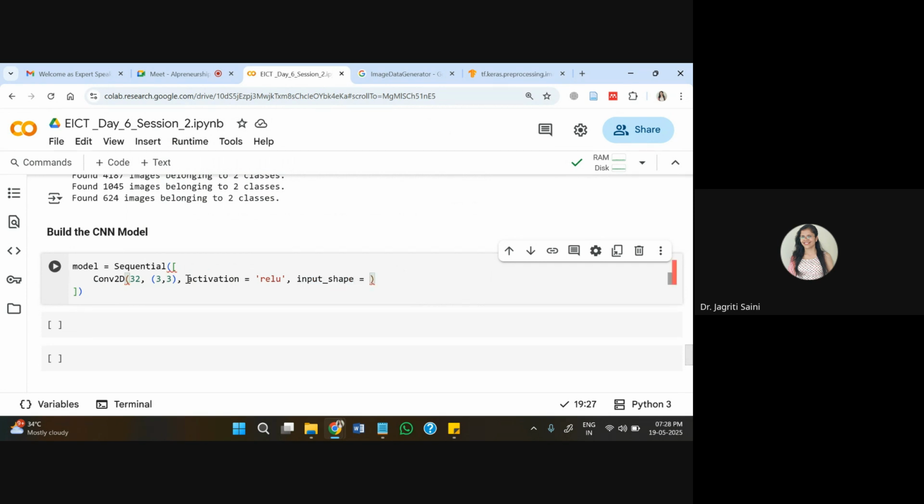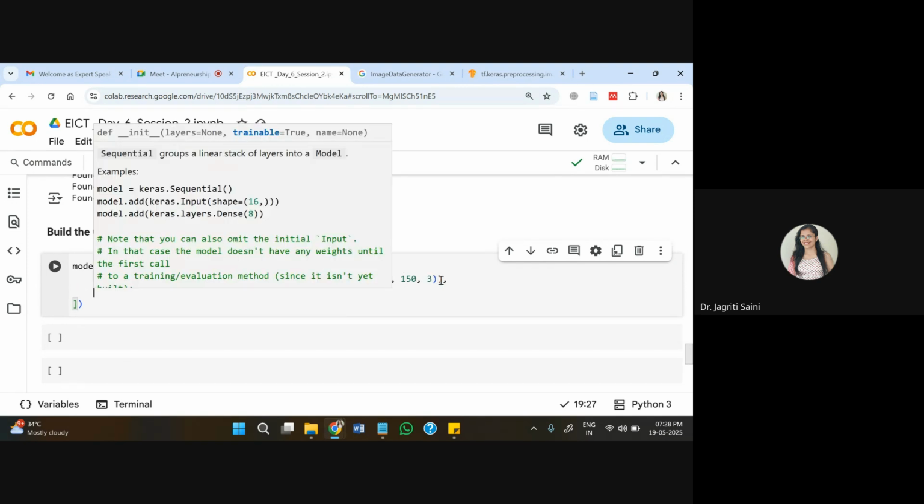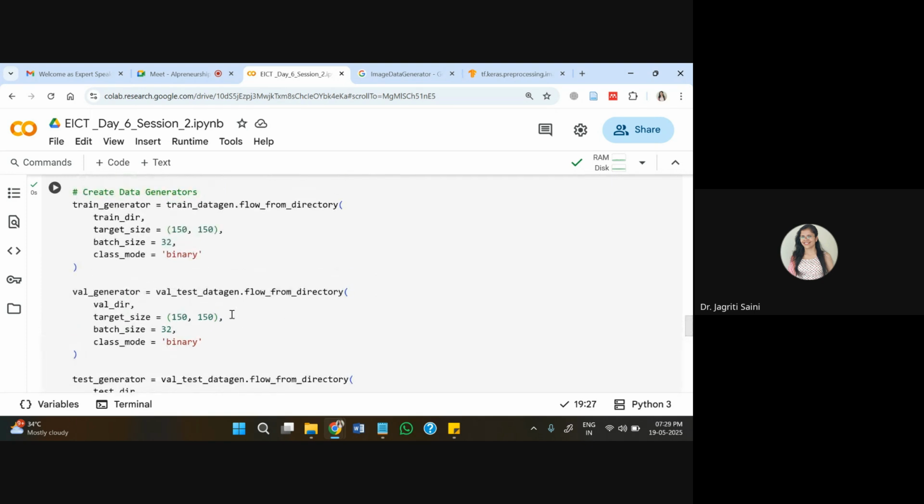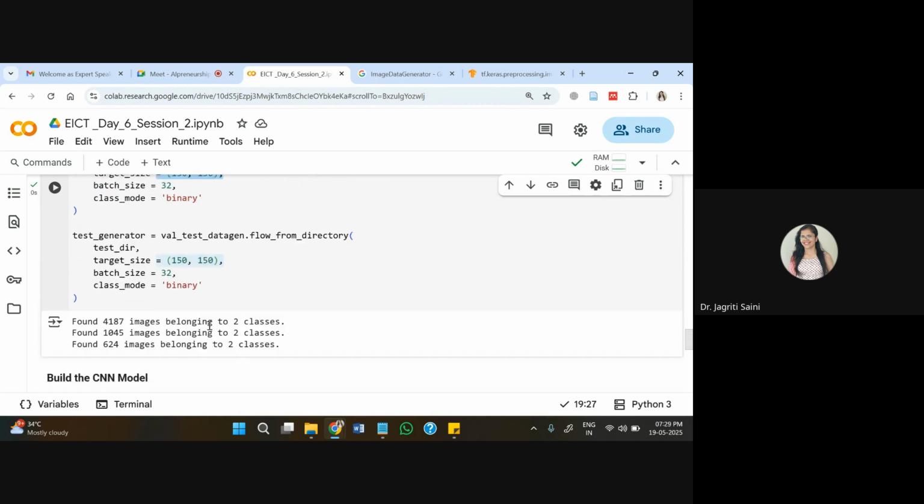If you remember, we have 150 cross 150, and I'm passing it as 3-channel information. So accordingly, the input shape is 150 cross 150 cross 3. We need to ensure that it matches the size that we decided during the pre-processing stage.